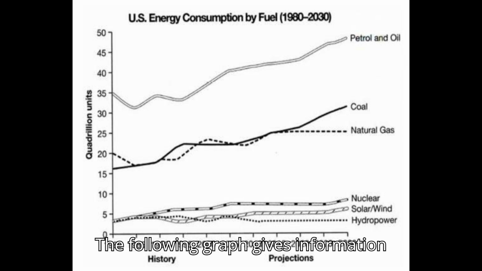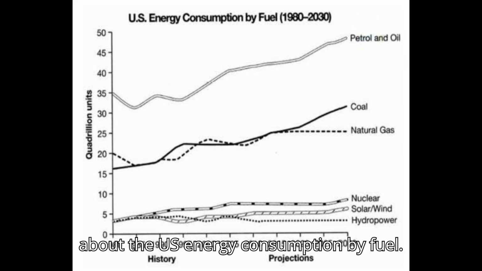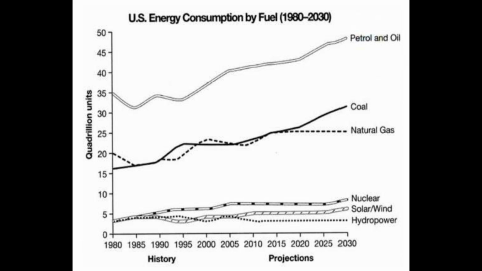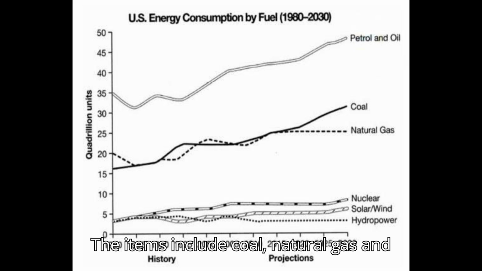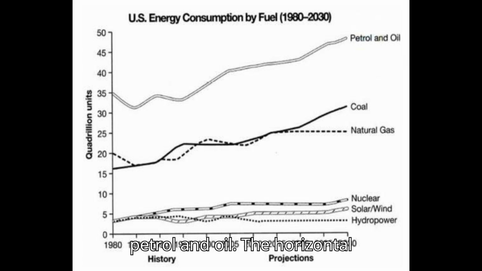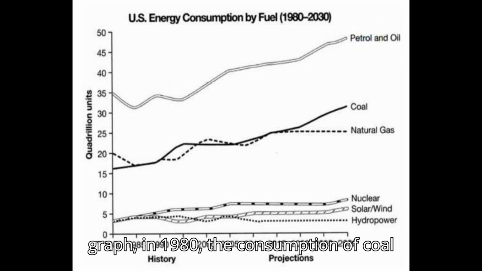The following graph gives information about the U.S. energy consumption by fuel. The items include coal, natural gas, and petrol and oil. The horizontal axis is the year, ranging from 1980 to 2030. According to this graph, in 1980, the consumption of coal is around 15, and that of natural gas is higher,